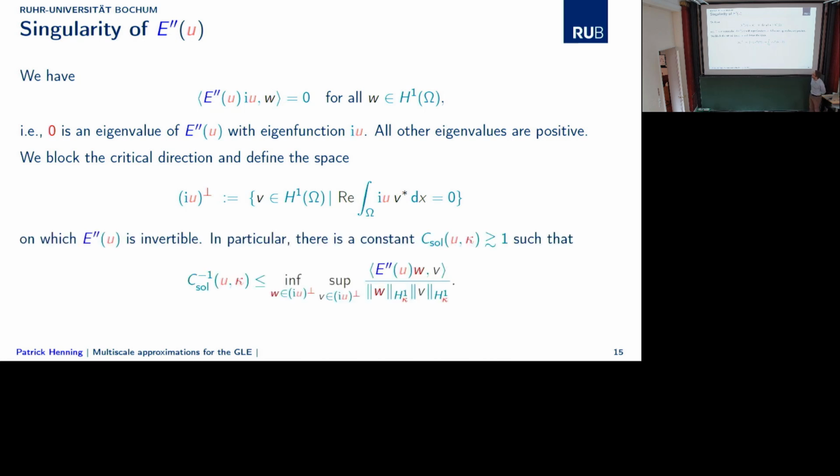Okay, but now, as I said, on the orthogonal complement, if we have local uniqueness, all the other eigenvalues are positive, which means we have inf-sup stability for that operator, with some inf-sup constant, which depends in an unknown way on kappa. There is a kappa entering here. We don't know in what way it enters, but there is an inf-sup constant, and it depends on kappa. When you see this,